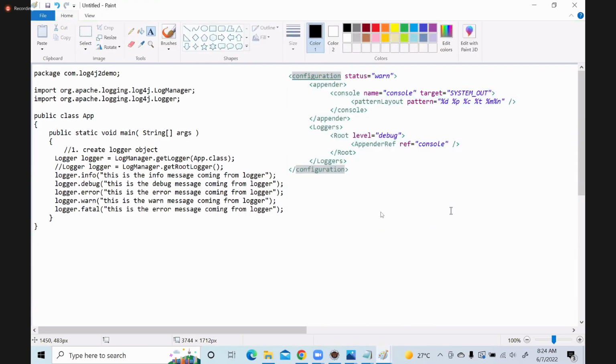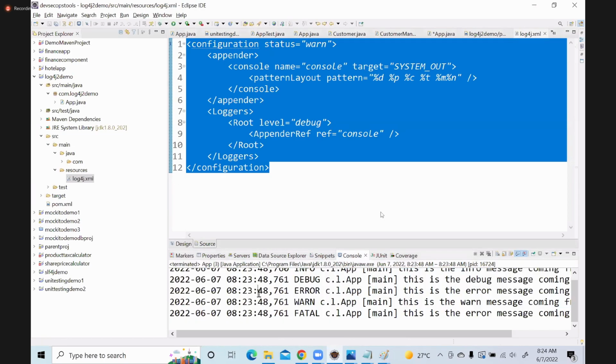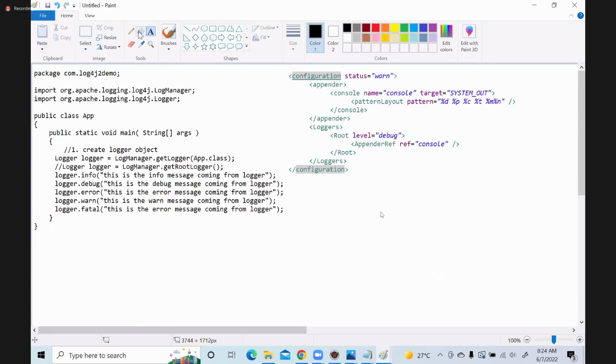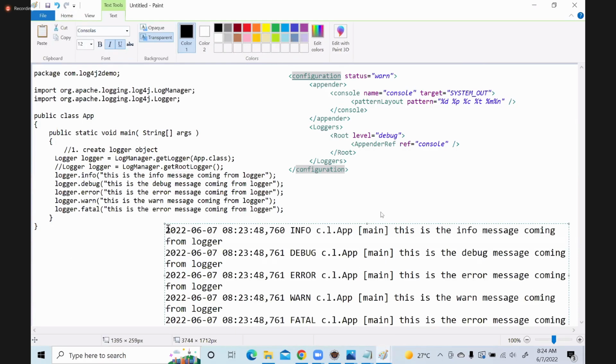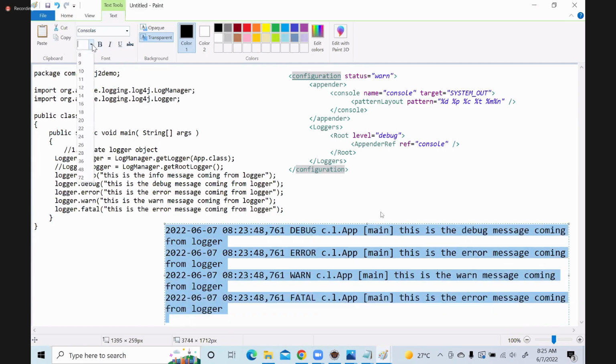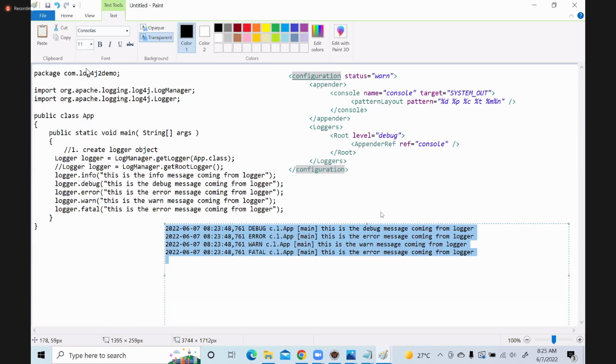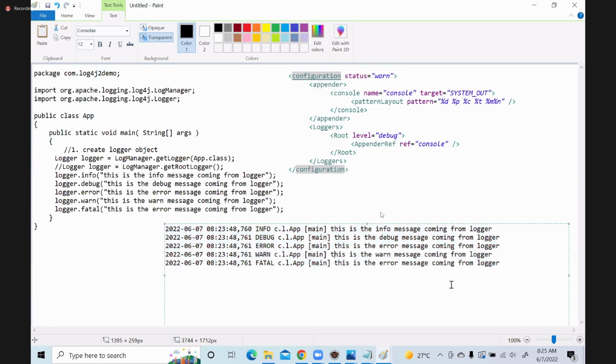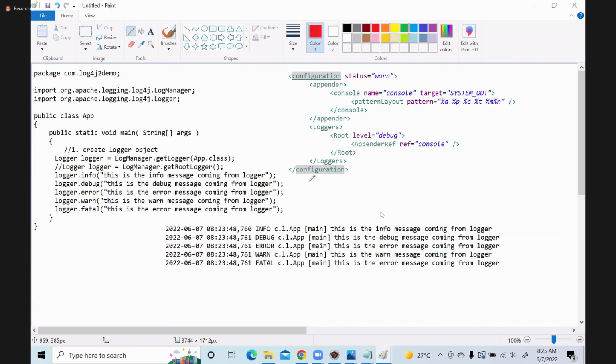Then what is the output I got? This is the output. Now you see, I created a logger object. Now this is my configuration. This is the main part of this. So what I'm doing is,